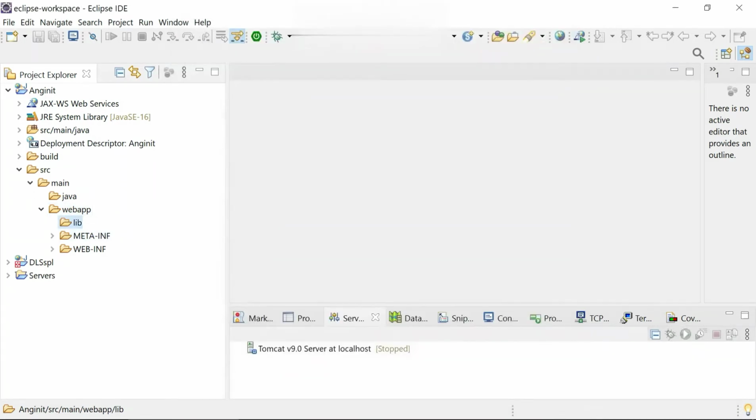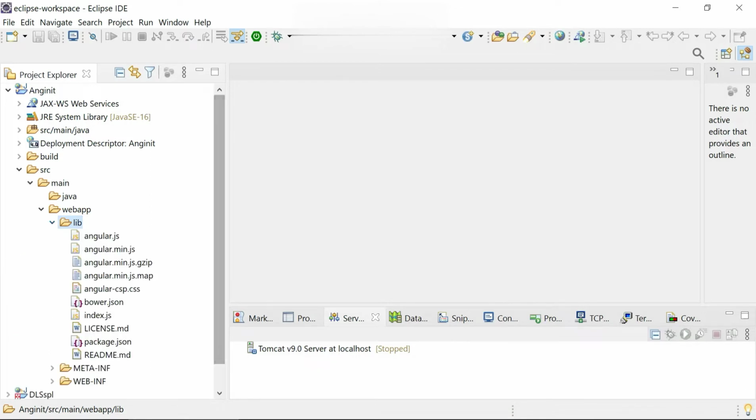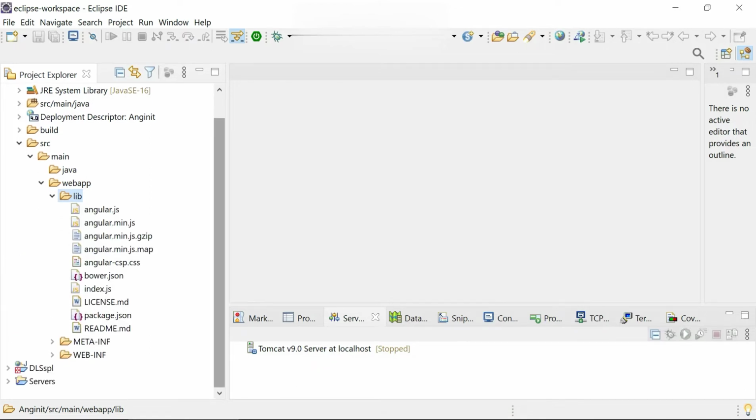So lib is created underneath web app. Just select the folder lib. Already I have copied the AngularJS files, so I'm going to paste them here. Now I pasted all those files. You can see the AngularJS files underneath the lib directory.